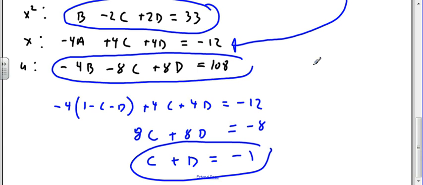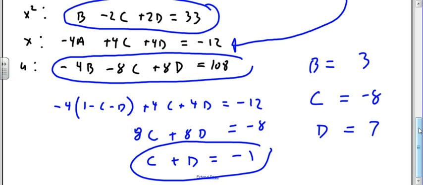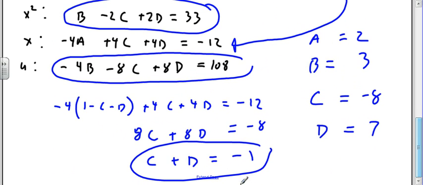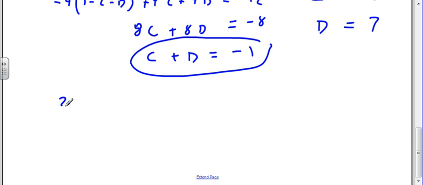And I'm going to have that my b is equal to 3, and my c is equal to minus 8, and my d is equal to 7. And then I come back up to this equation, and I get that a is equal to 1 minus minus 8 giving me 9, 9 minus 7 giving me a 2. And so my final answer is going to be 2x